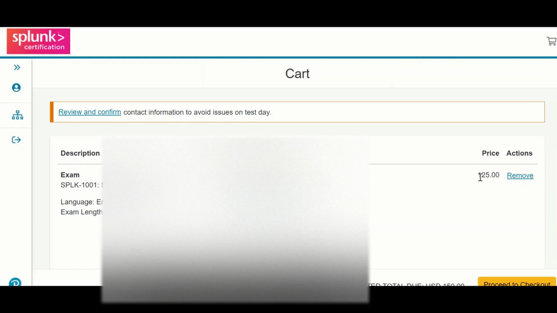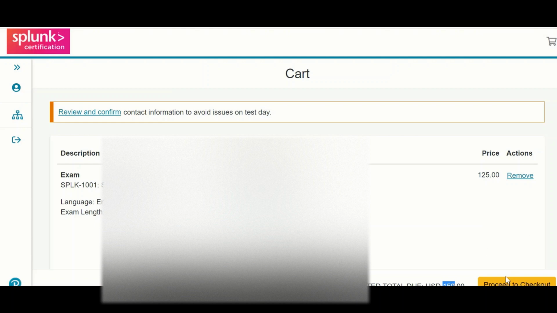Now you can see it has a price of $125, in dollars. Currently it's showing 125, and at the bottom it is showing $150. The trick, or the coupon, I am going to show you will reduce this price to $50 and the total price to $60.